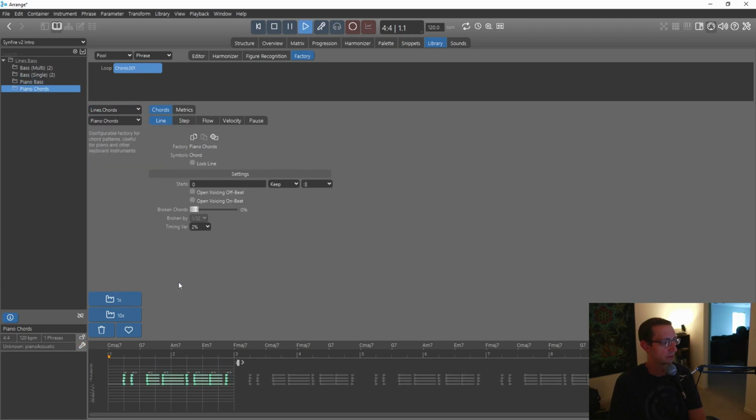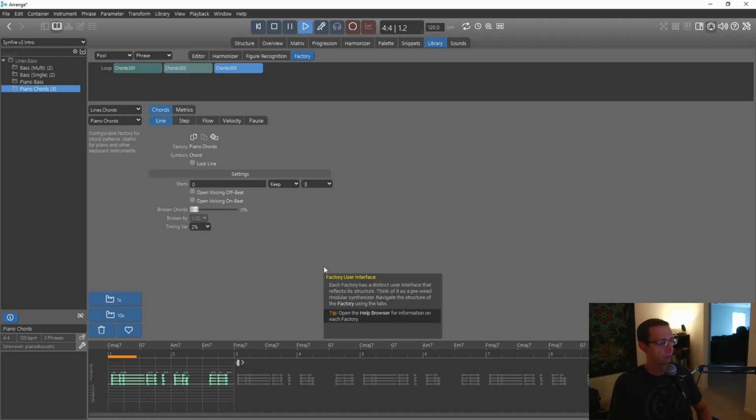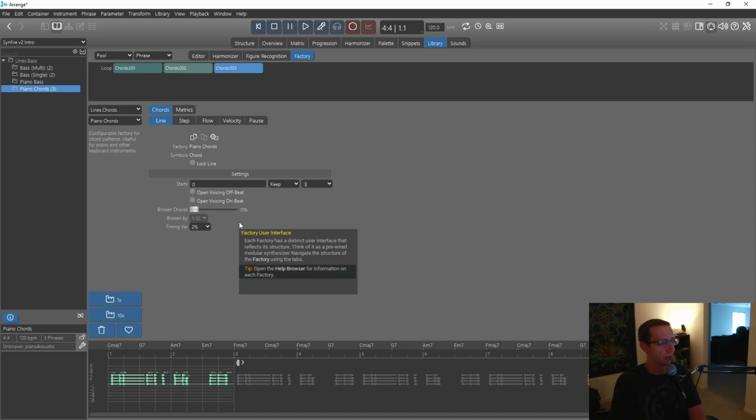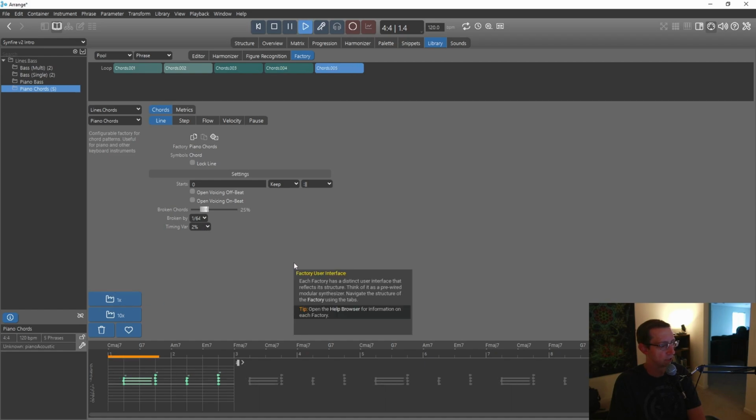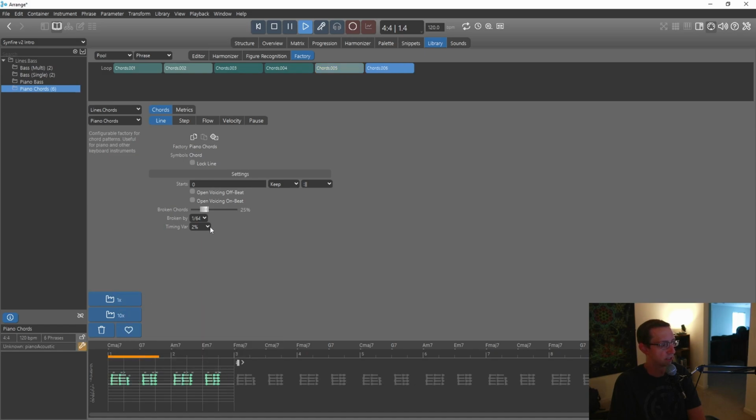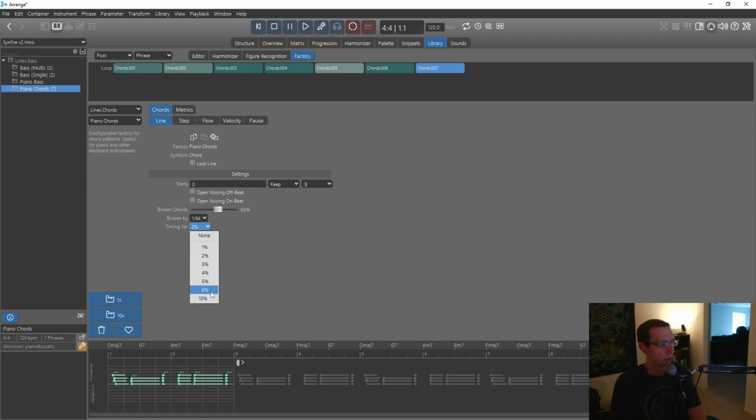Chords. It's not bad. All right, so piano chords, it's kind of producing a rhythmic, looks like four note chords here with the progression. You can do some really neat stuff here with broken chords. Let me just show you what that does here. Pretty neat, huh? And then I think we can set that to be even tighter if we wanted to. That's a little too tight. Timing variation, I think we could just have